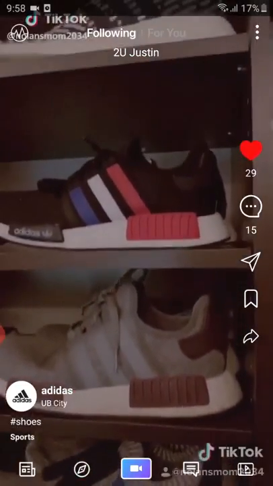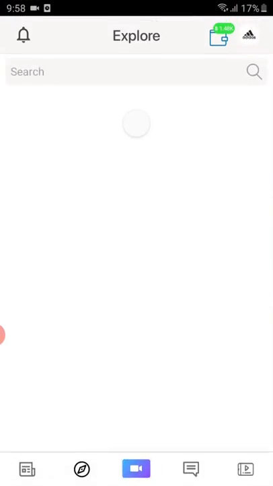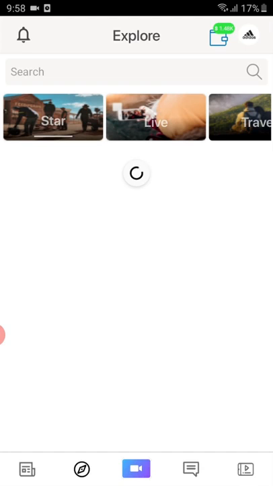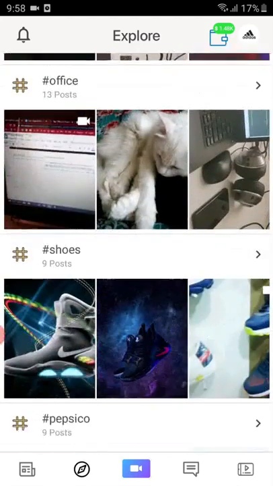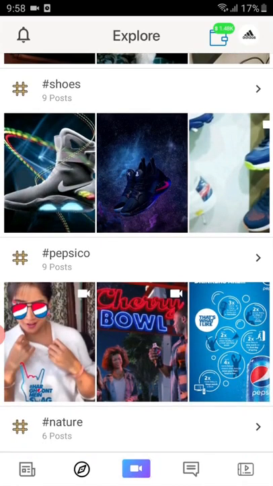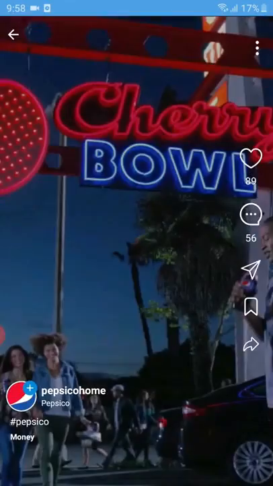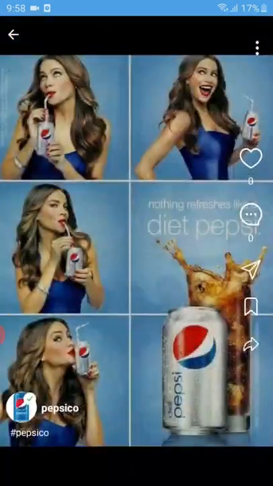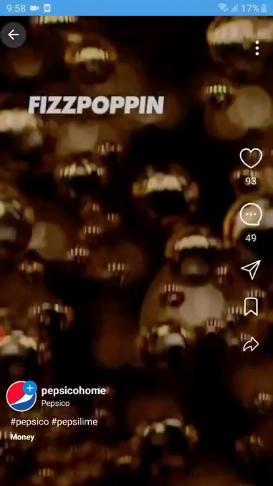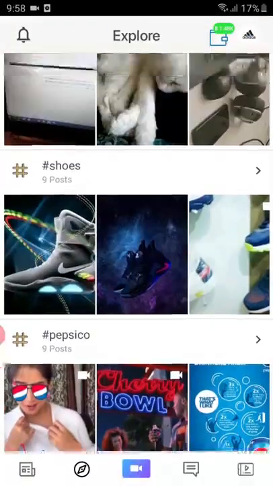So now let's move to the explore tab. This is the other tab that's quite similar to TikTok. I can find all the popular hashtags on the system. Now we have a lot of junk data for our testing, so that's why you see all this. I can always click on a hashtag and find the posts for that hashtag. So we have some Pepsi posts here because we were doing a demo to these guys some time back. So we can see all the posts that are using that PepsiCo hashtag.